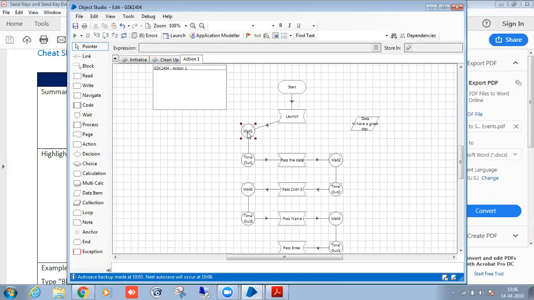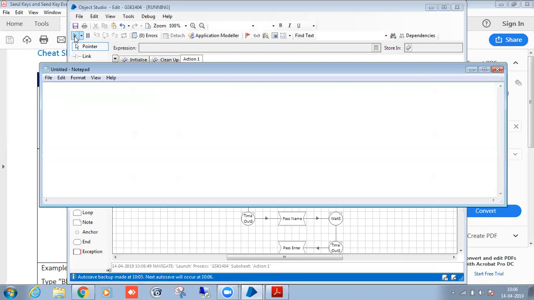Now I'm running the process. When you're running with the global send keys, you should not touch the keyboard. If you touch the keyboard, it won't execute.